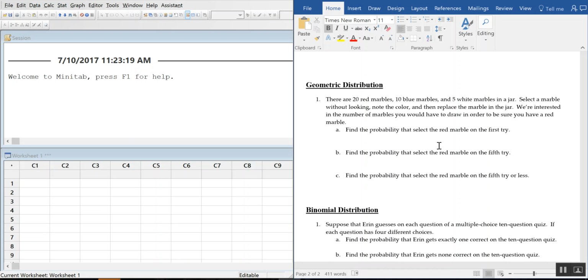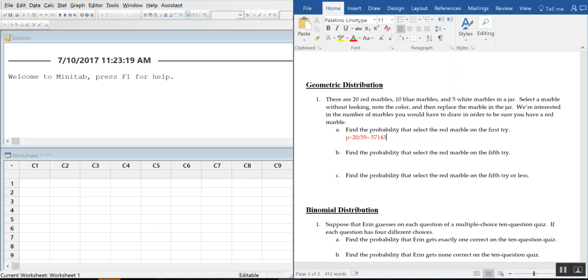So the first thing we're going to do is find the probability that we get a red marble on the first try. This is also known as our little p-value. So how many reds are there? Well, there are 20 out of 35. All right, and I'm going to round this